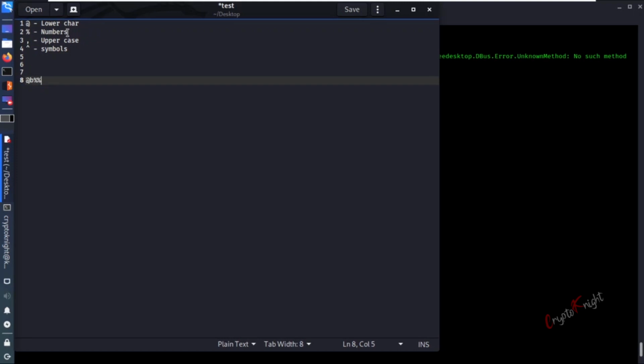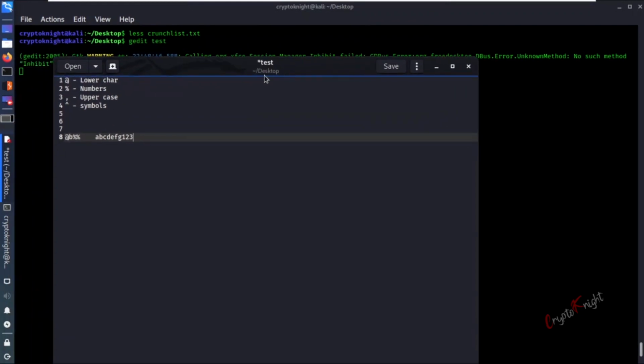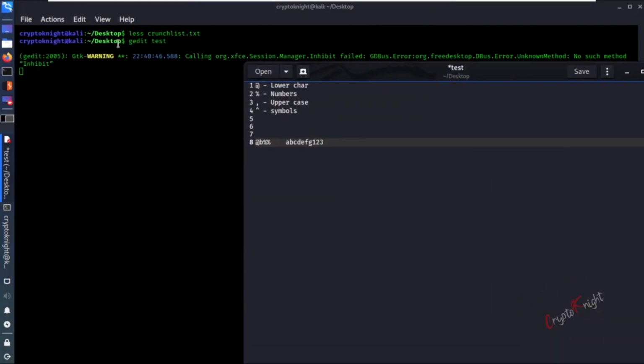Percentage sign means number. And for sure we know that the second letter is a B. We want to create the list from A, B, C, D, E, F, G, 1, 2, 3, and from this we need to create all the permutations and combinations that are possible. So let's see how we will do that. And also, like I said, it's a 4-letter word, so we will create a list accordingly.